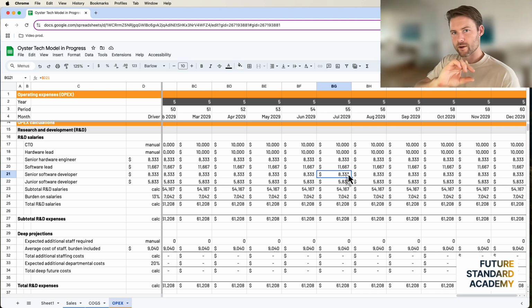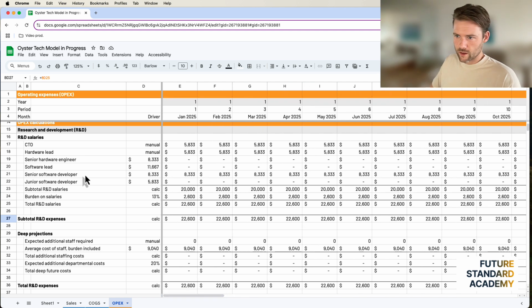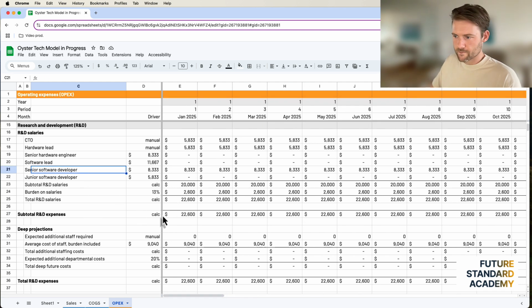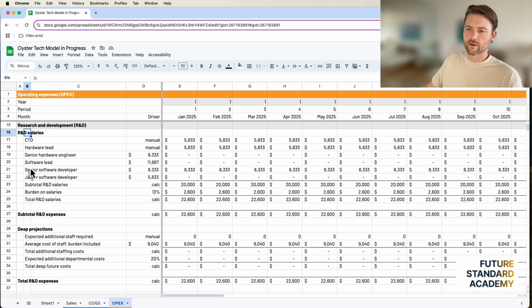And when there's not that much OPEX to cover, that all goes to profit, which is not actually going to be the case because there's going to be salaries in there. We just don't know them yet. So what I do for each category, R&D, sales and marketing, G&A, is that I subtotal all of the costs above the line, which could be salaries and then the other materials that these folks are purchasing. So there's going to be a human element and a materials element to the fixed cost.